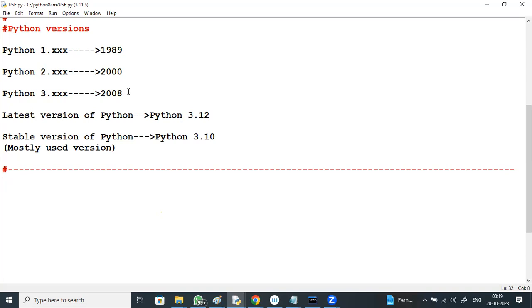Now, Python installation. The version we are trying to install is 3.12, the latest version of Python.